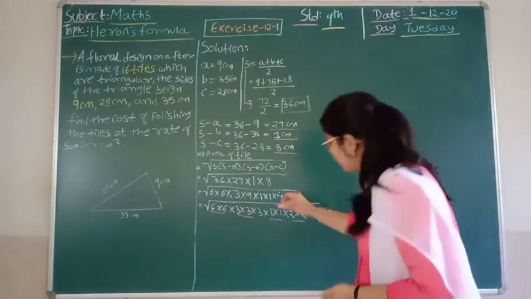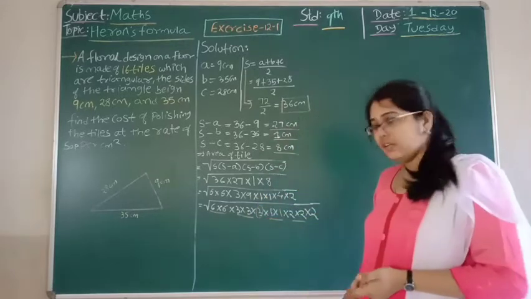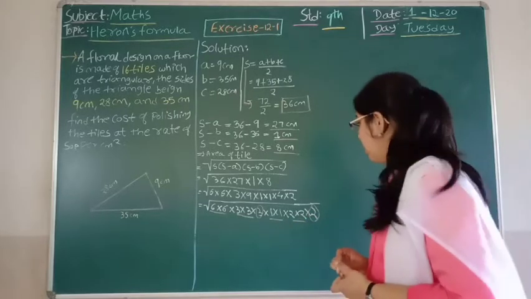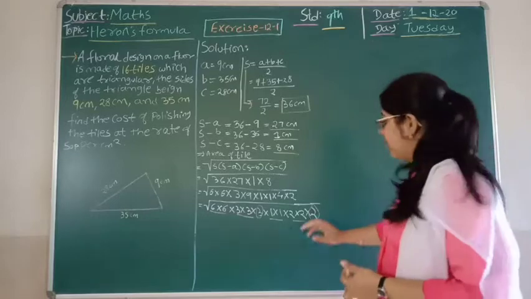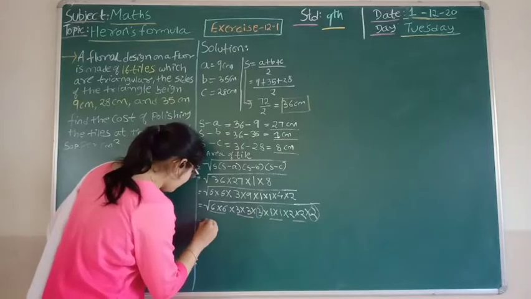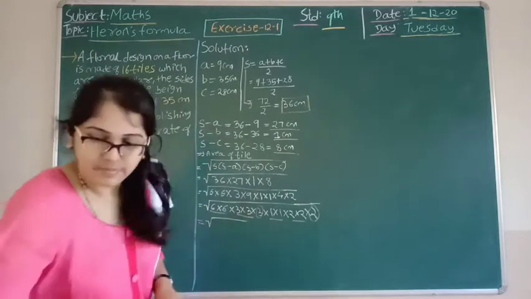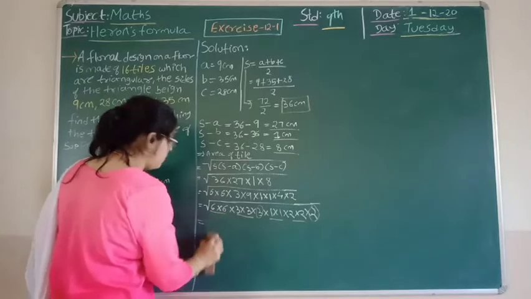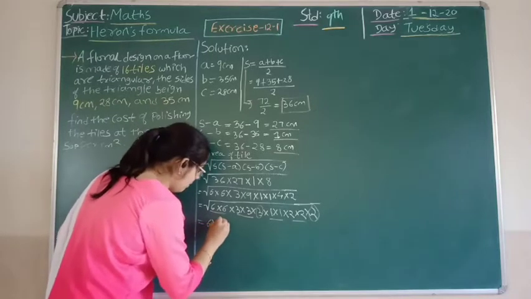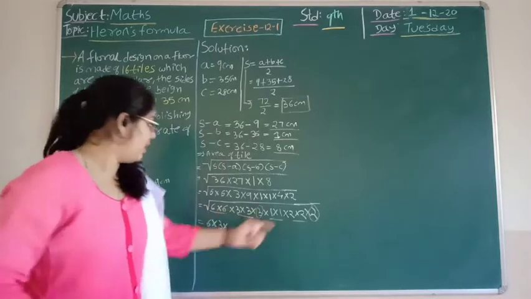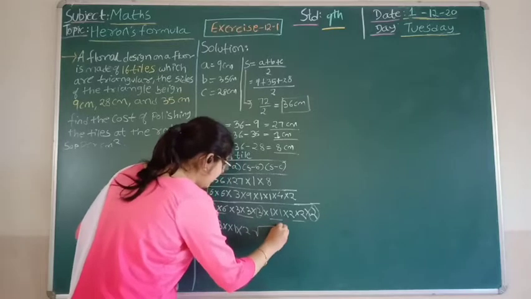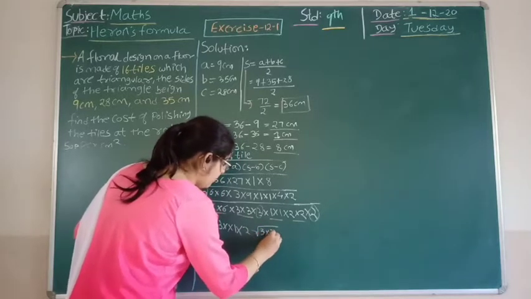And we are remaining with 3 and 2. Yes, we are remaining with this under the square root. So I write this as: first we need to write the value which is the pair. So we can write outside 6 multiplied by 3 multiplied by 1 and multiplied by 2. This will be under root 3 multiplied by 2.